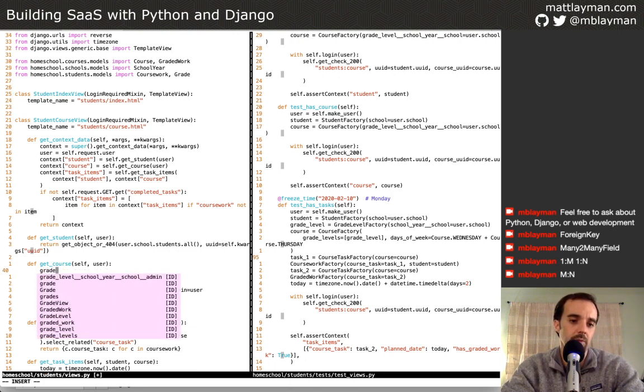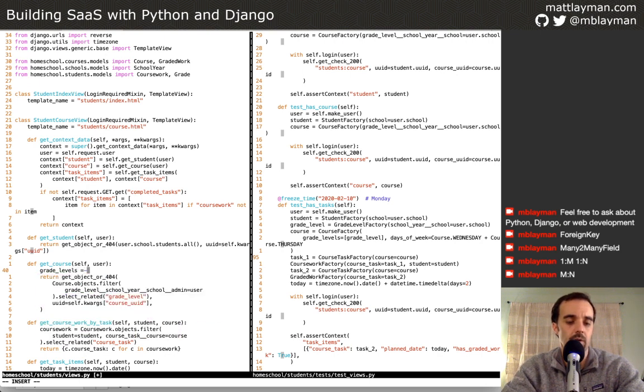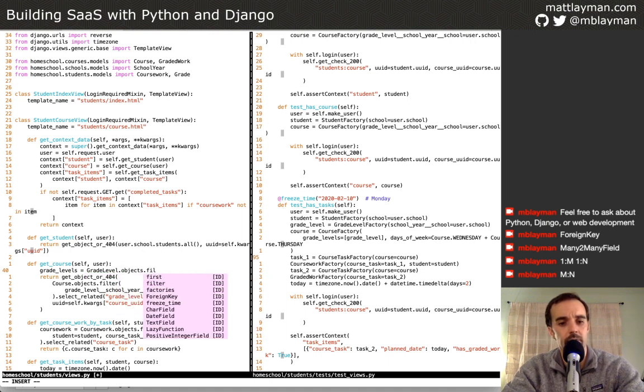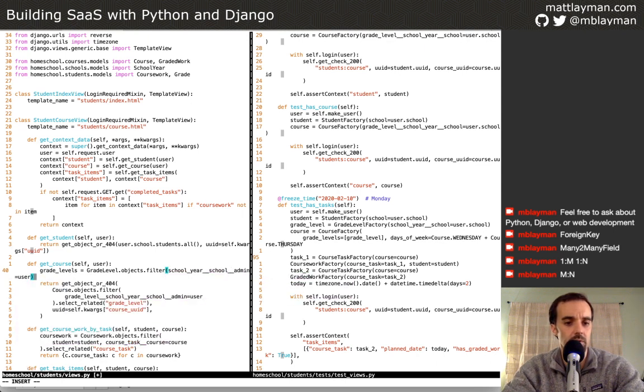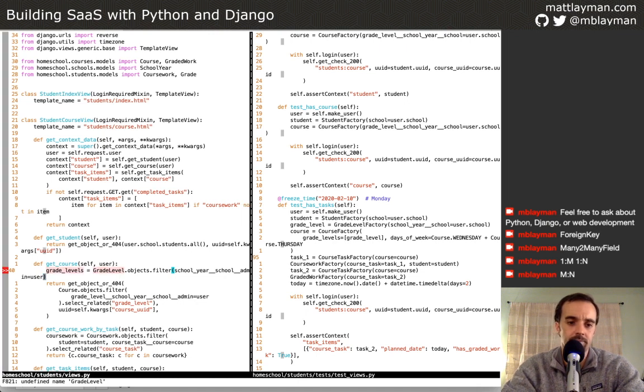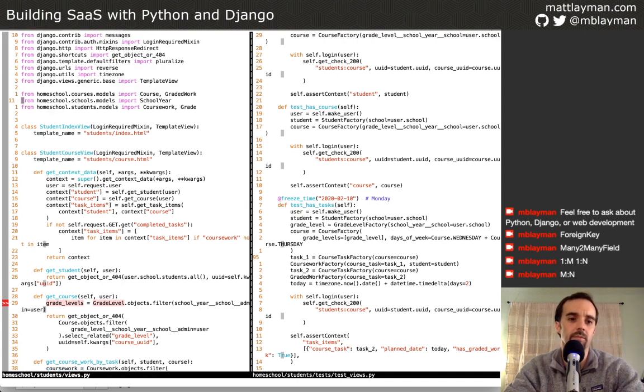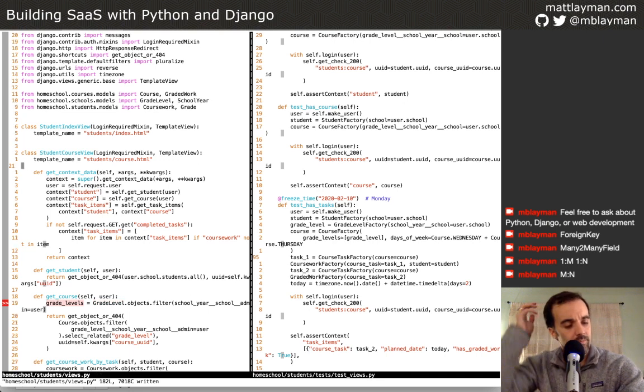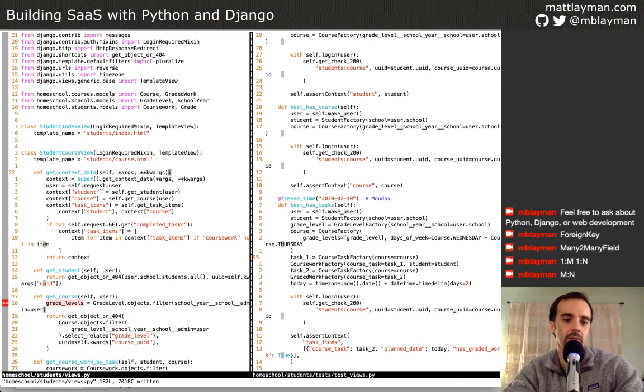So we basically want to have grade levels. Well, I'll type out what I think it's supposed to be, roughly. So we want to do a filter to get all the grade levels where school year, school admin is equal to the user that's being passed in. And again, we're going to have to start importing grade level in a lot more places now. Okay. So that's a filter, and